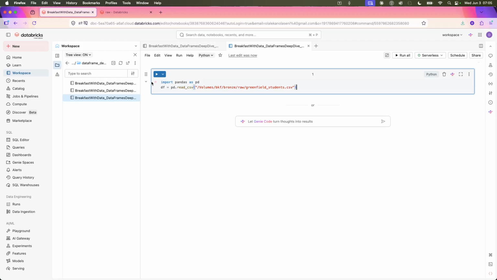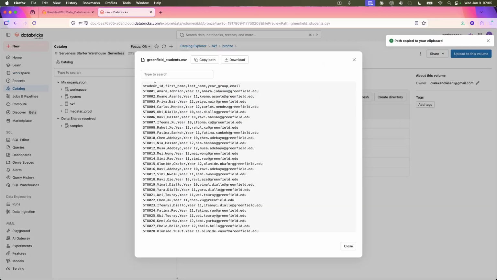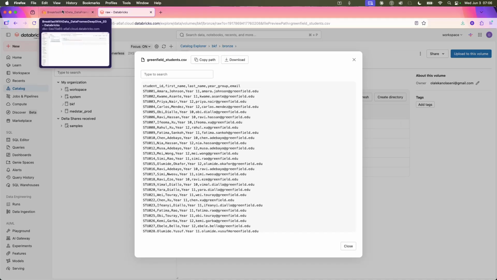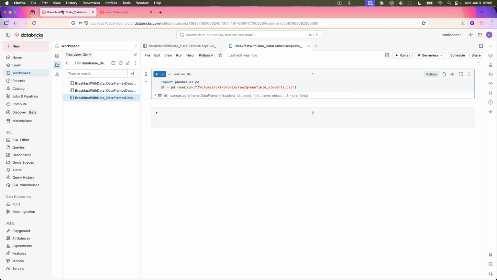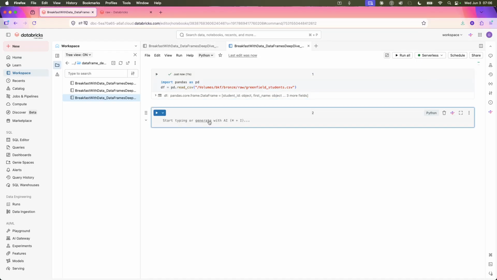Now, when we look at this DataFrame, if I run this, we have student ID, first name, last name, year group, and email on it. How do we select the different columns in it? Actually, there are close to five different ways that we can slice into DataFrames in pandas. The first one is the dot notation, just like you are picking an attribute of a function. So if I do df.first_name